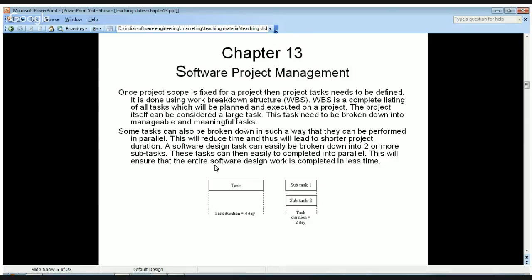A software design task can easily be broken down into two or more subtasks. These tasks can then easily be completed in parallel. This will ensure that the entire software design work is completed in less time. So here you can see, when you are defining the WBS and you are seeing the tasks, you can also find out if some tasks can be broken down into two subtasks. For example, we have the complete software design, and you can break it down into design for module 1 and design for module 2, and you can